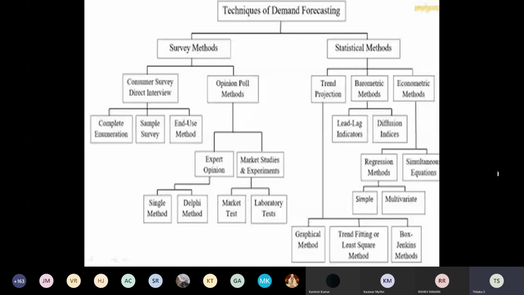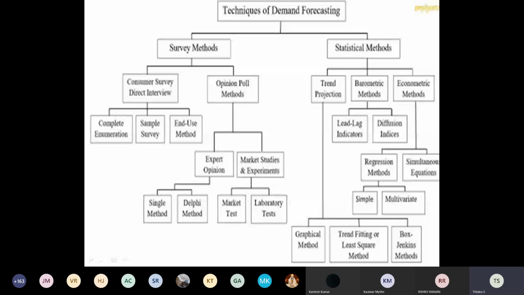So in general, regression says about the relationship between two variables. So in the regression analysis, we have the dependent variable and the independent variable. The statistical technique of estimating the unknown value from the known value is called the regression analysis. The independent variable may be a single variable, two variables, or more than two variables.